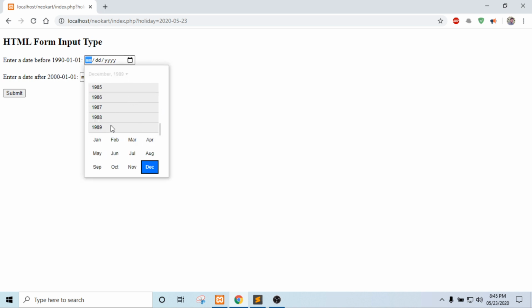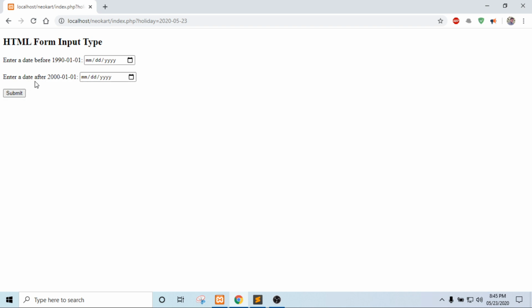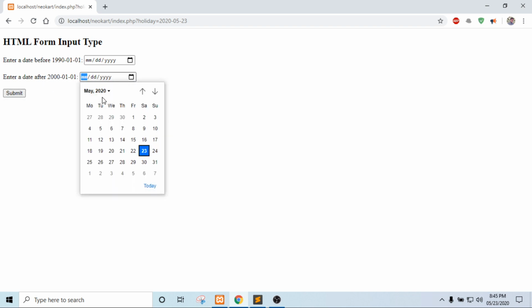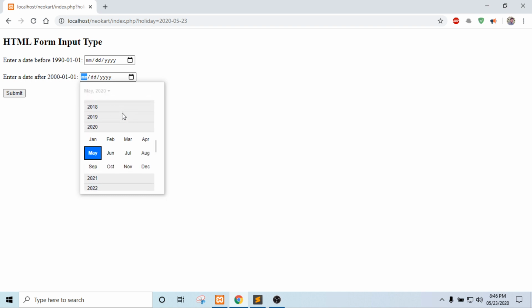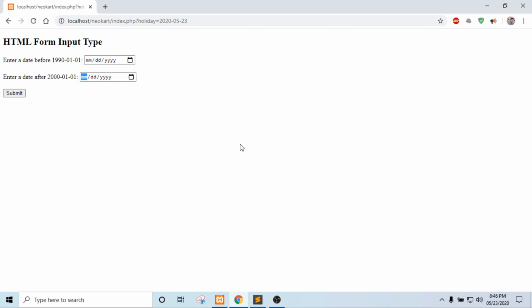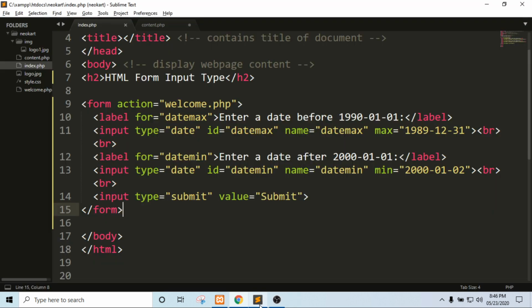You can see 1989, 1988, 87, not after that. And here you will see the values after 2000, like 2000, 2003, and so on. So you can set the maximum and minimum date.